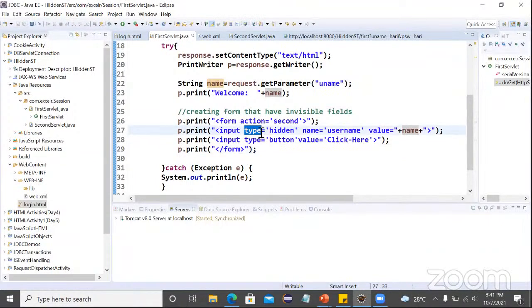So input type equals hidden, and name equals the variable which we want to redirect to another page, and value equals